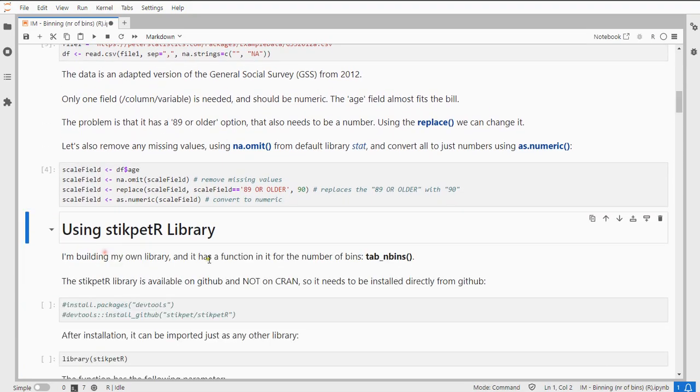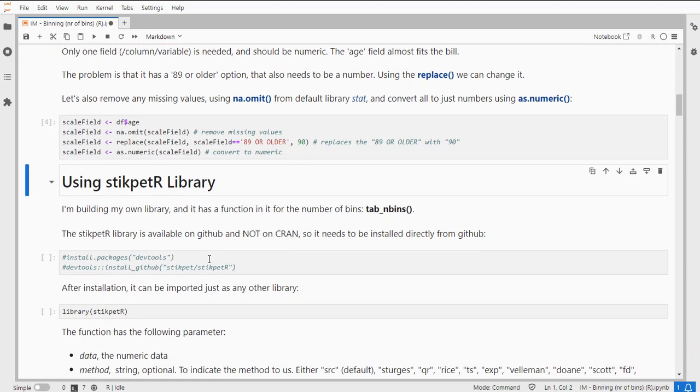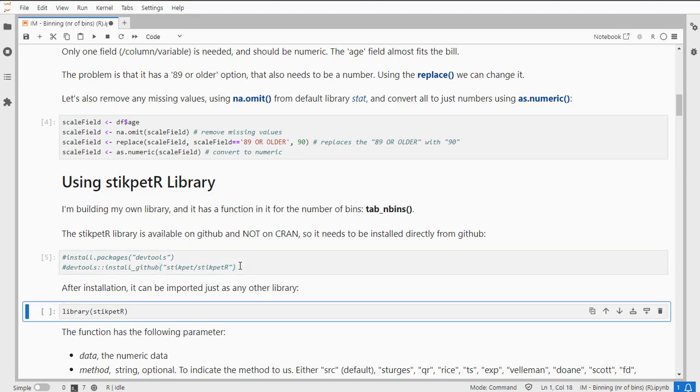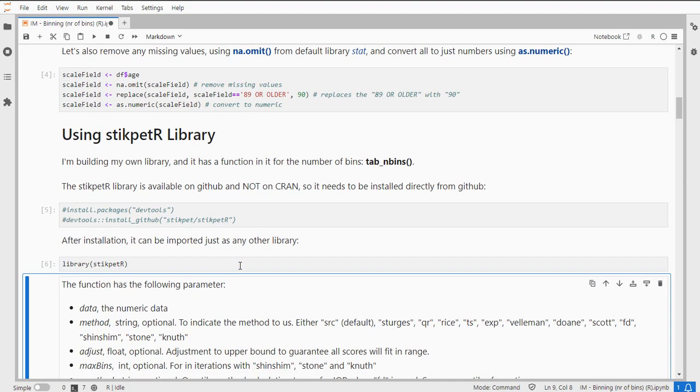Then my library, it's not available on CRAN, so if you install devtools, you can use devtools and then install GitHub and then just link to my GitHub account. Once you've installed it once, you can actually load it as any other library. It has a function in there which is tab, short for tables, and then nbins for number of bins, which